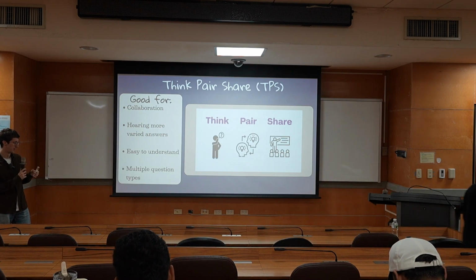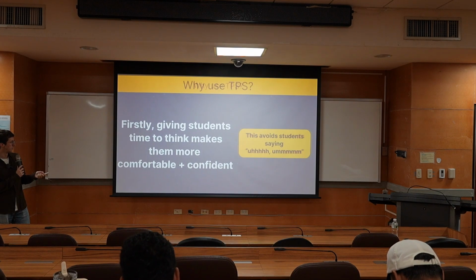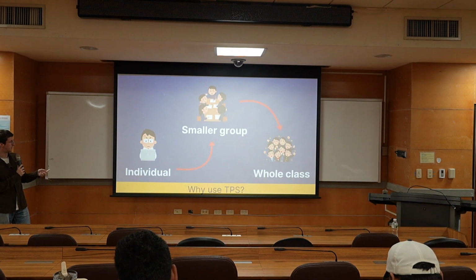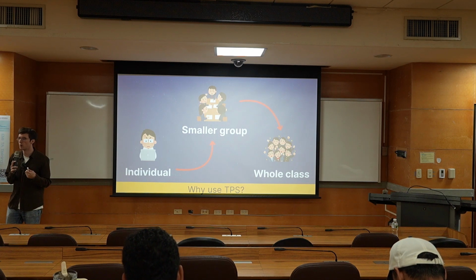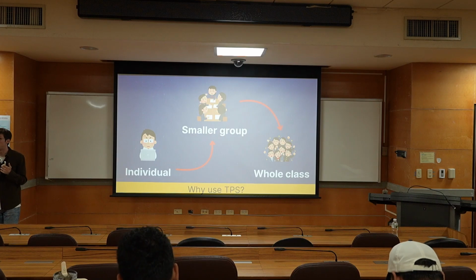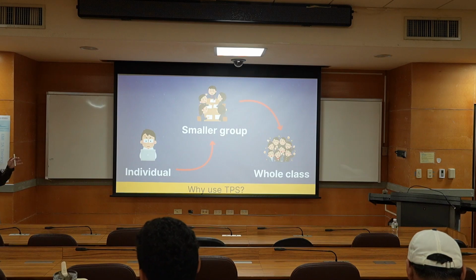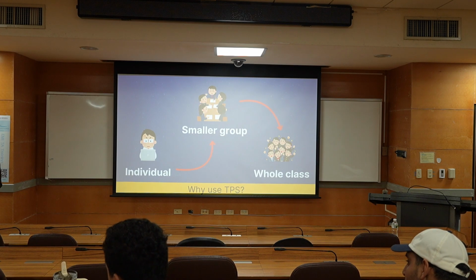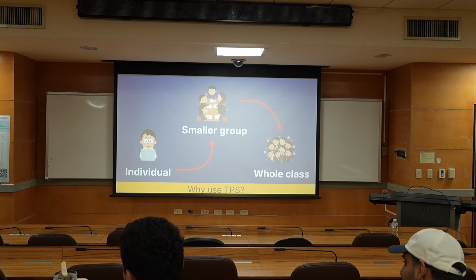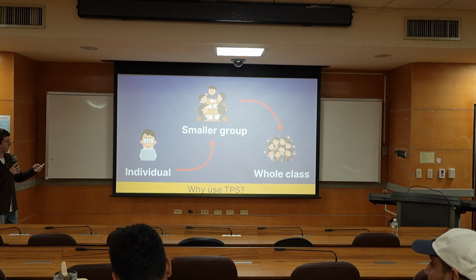So yeah, just to demonstrate it, a few of the strengths. You start, like I said, with the individual. You have the individual take usually not too long, 30 seconds, 1 minute to think for themselves. Depending on how difficult or easy the question is, you can change that time as well. Then they talk in a small group. Today I'll have you talk in groups of no more than 2 or 3, hopefully, maybe 4 if you're just 4 people sitting together. And then lastly, they share with the whole class. So again, the progression is very natural.